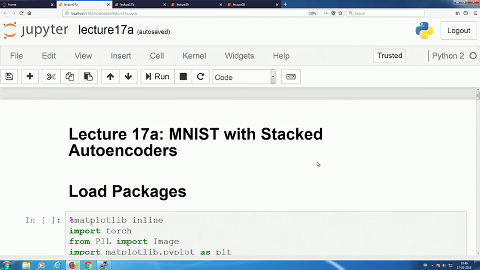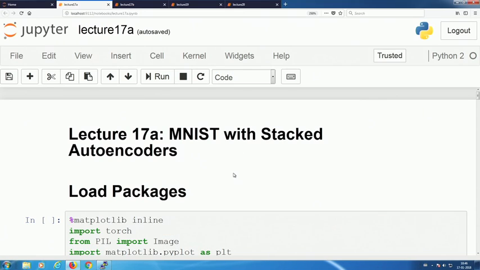Welcome. So today we will be doing a short demo on stacked autoencoders, and for this purpose we are choosing the standard dataset of handwritten digits, the MNIST dataset. And what I am going to show you is this: